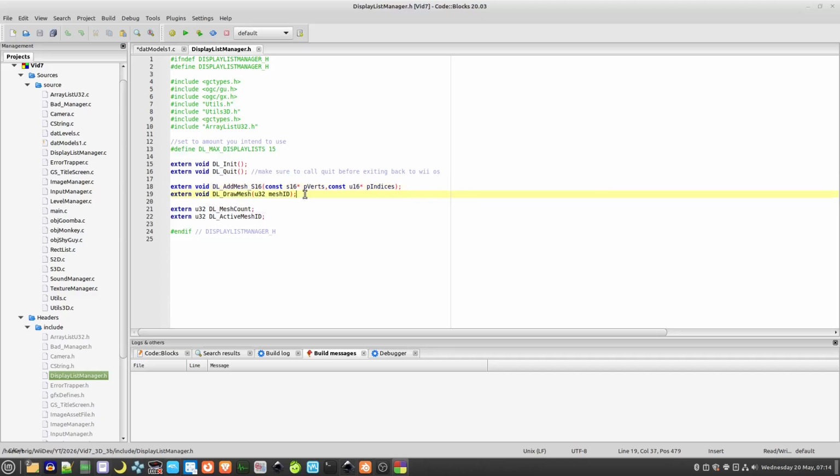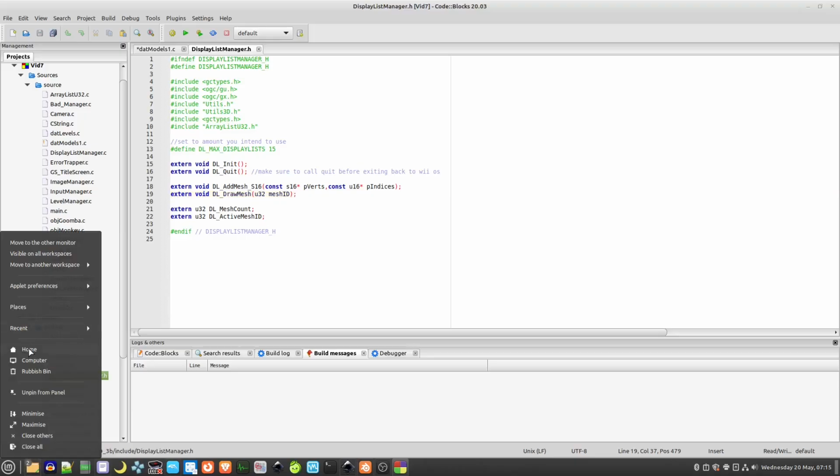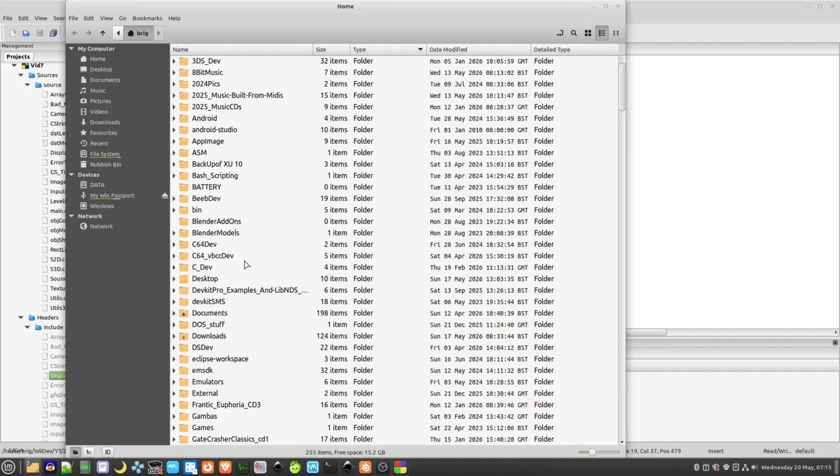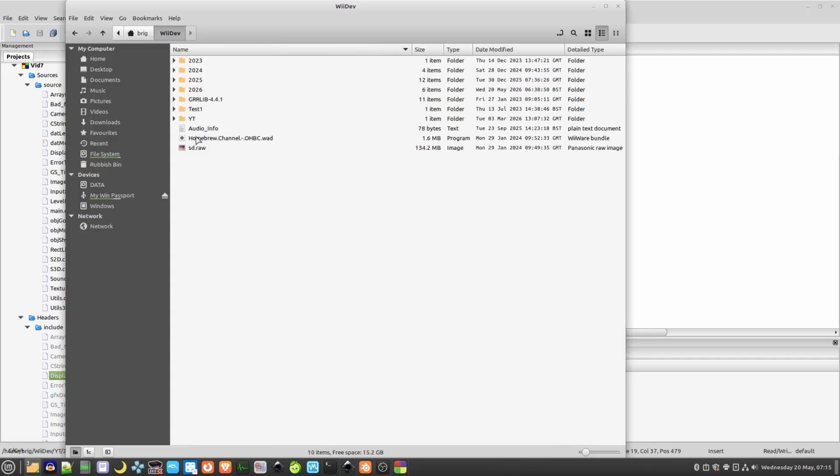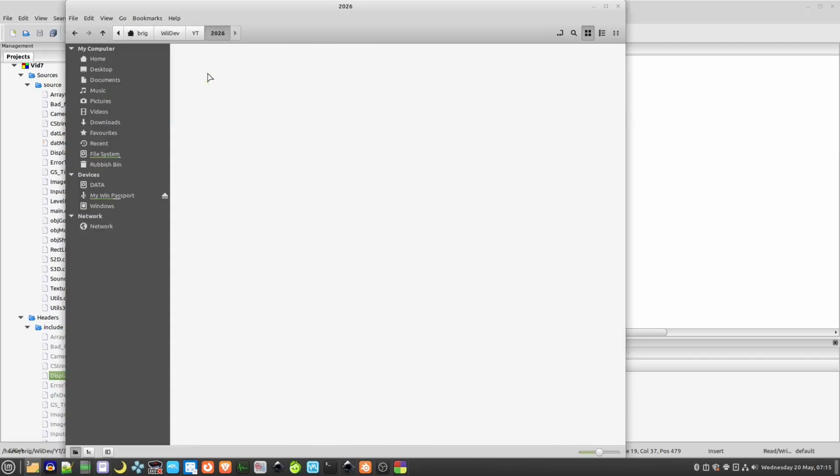So if you're not familiar with what display lists are, basically what happened in OpenGL is in immediate mode when you draw models. On the previous videos we were using immediate mode to do graphics on the Wii. So if I quickly open up the code from the previous video here,